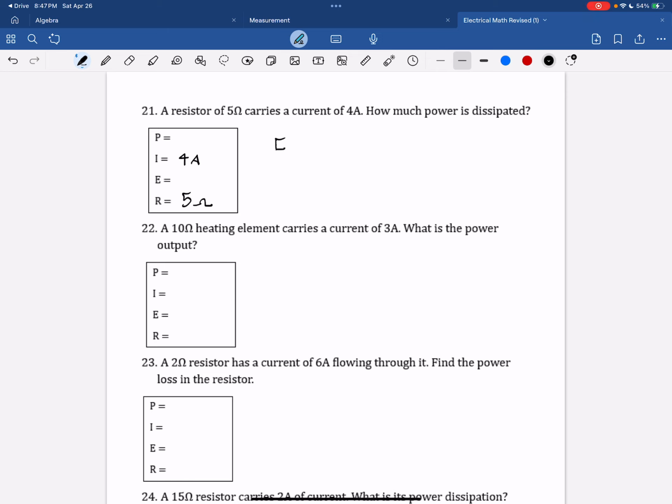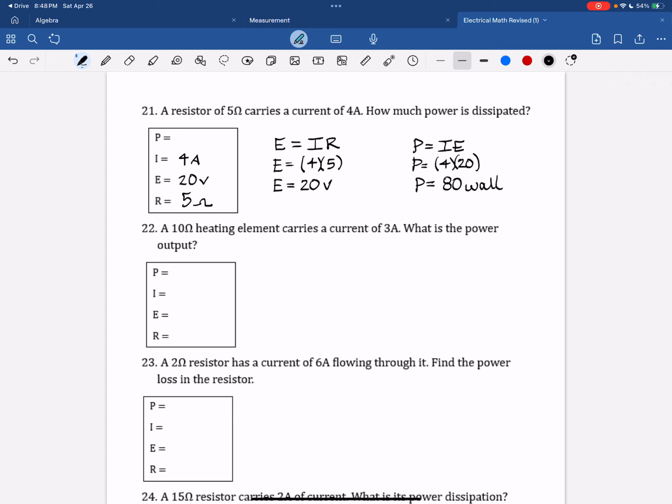But I do know that E equals IR. So E is going to be 4 times 5. E is going to be 20 volts. And once I have that, I can do P equals IE, where P equals 4 times 20. P equals 80